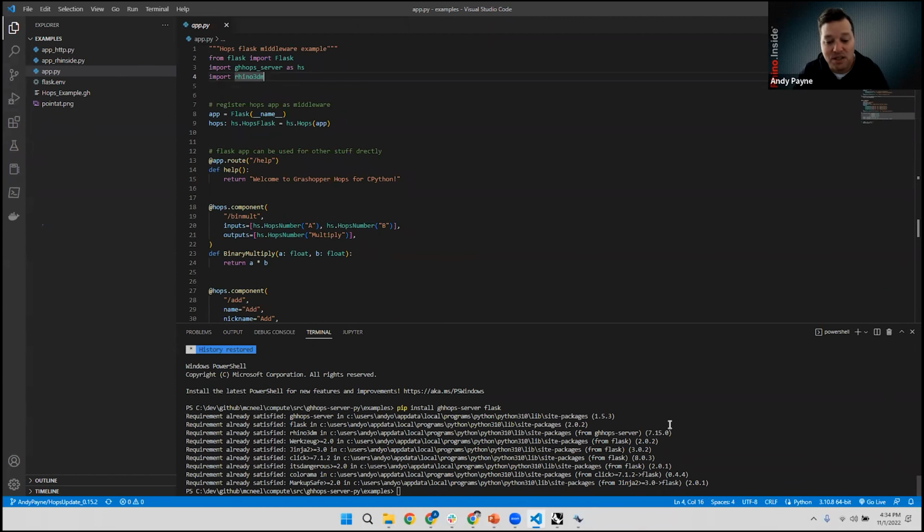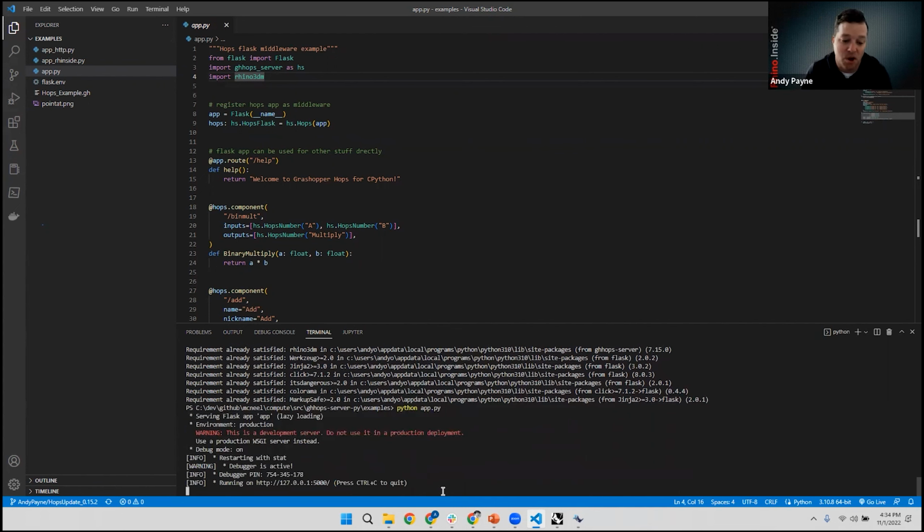But so what I need to do now that I've installed all of my modules is I want to run python app.py, right? So we're inside this folder. It knows where app.py is. And all I'm saying is run the Python executable and call the app.py file. And when I do, it's going to start loading Flask and some other things. But now the key part here is that there is